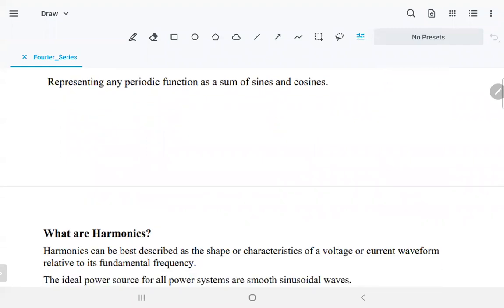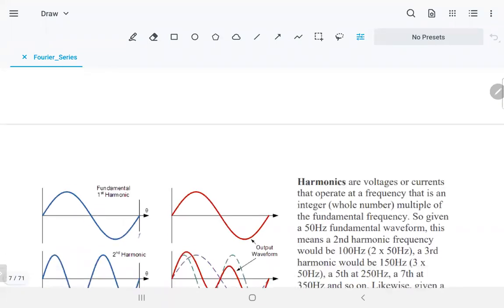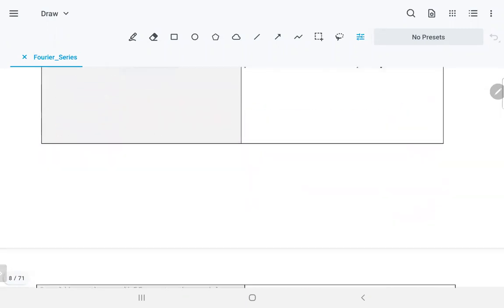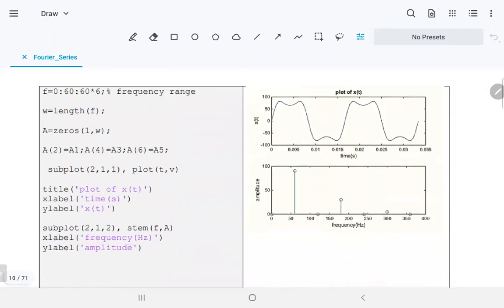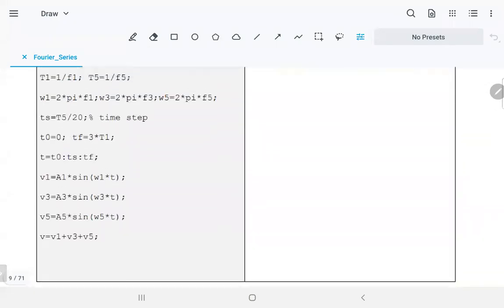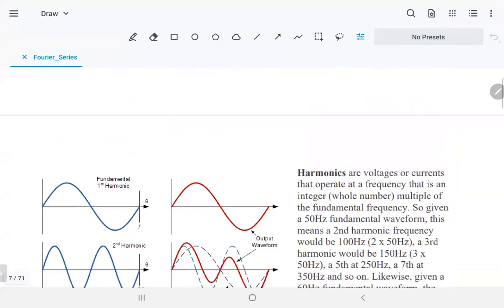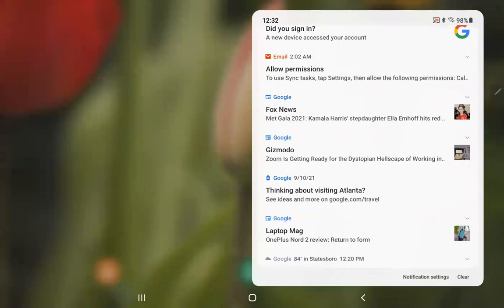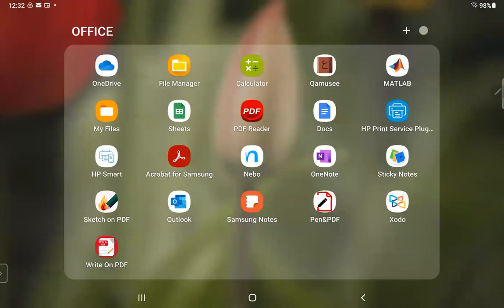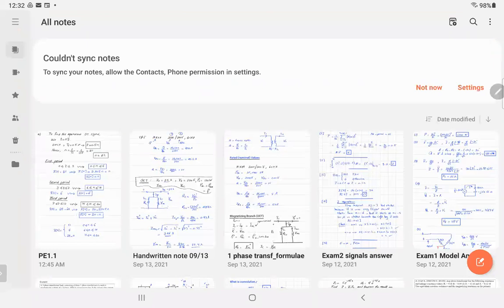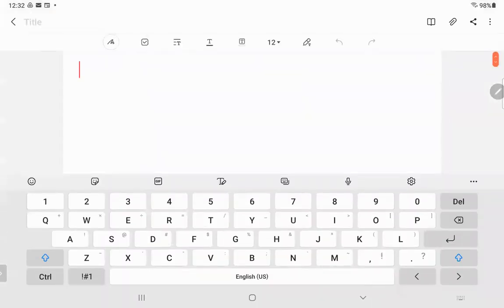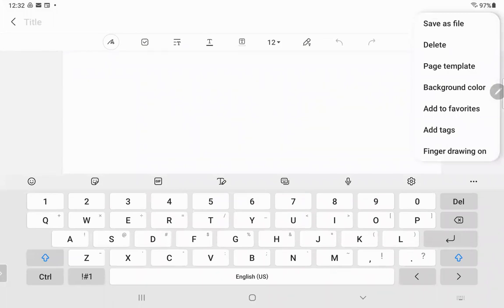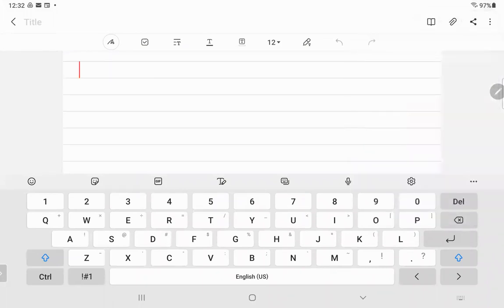When I studied that, I did something in MATLAB. It was very interesting. I did a program when I was a student. Where is the program? Okay, let me show you what I did. I wanted to make sure that this is true. So what I did, I said, okay, they told me that any signal consists of many. So I got MATLAB and I said, okay, I'm going to have a